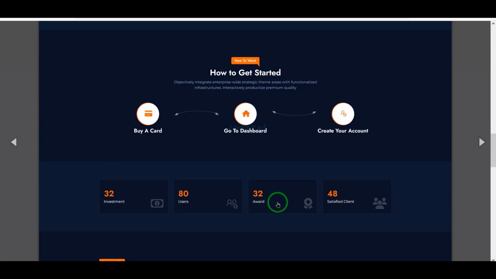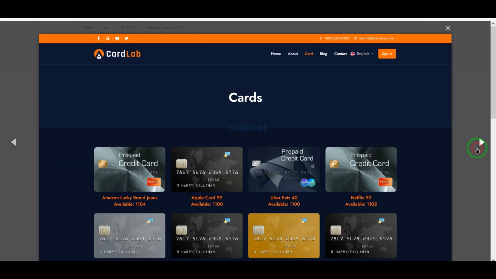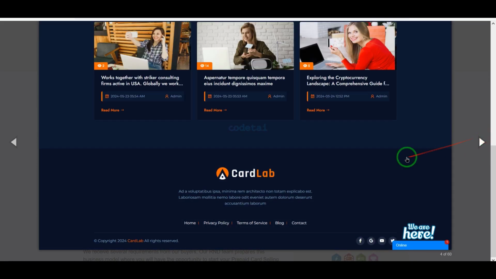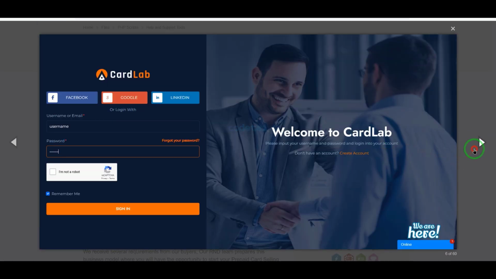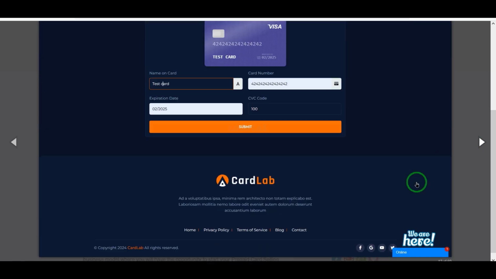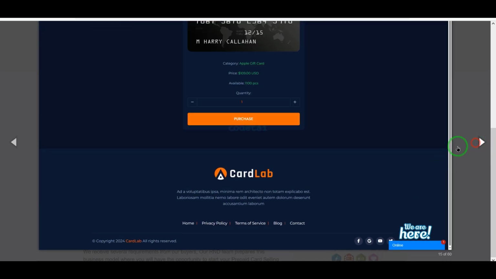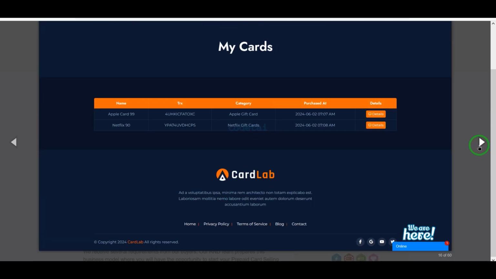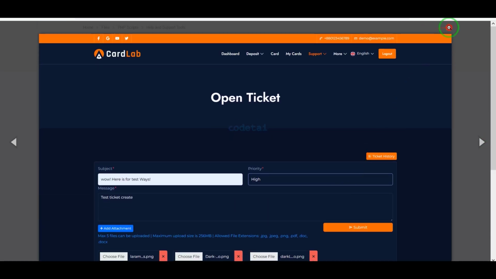If you buy this source code once, then you can use it on the website for lifetime. Also you get source code update versions for lifetime, and you can take developer support for any problem. We will also support you. If you have any problem installing the source code or any problem in customizing the website, then you can contact us. You will find all the information to contact us in the video description.